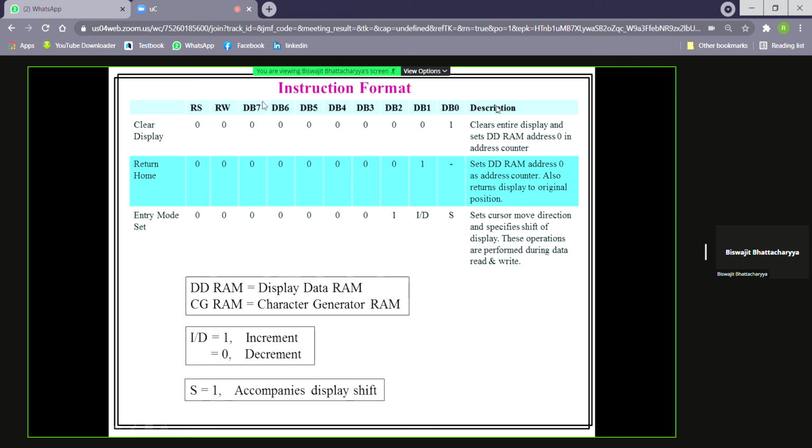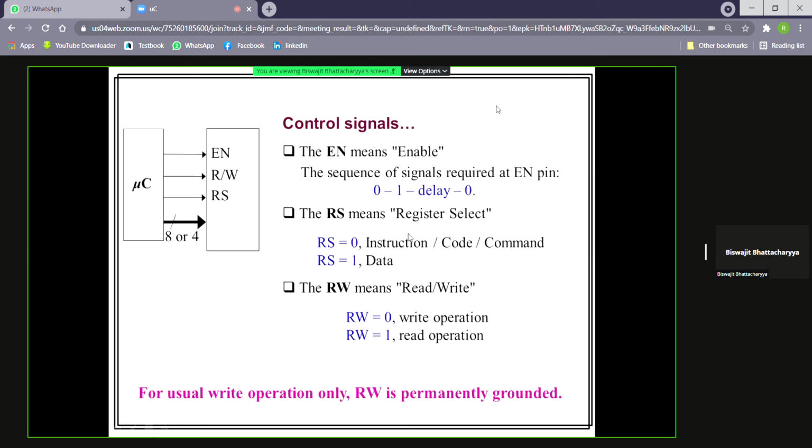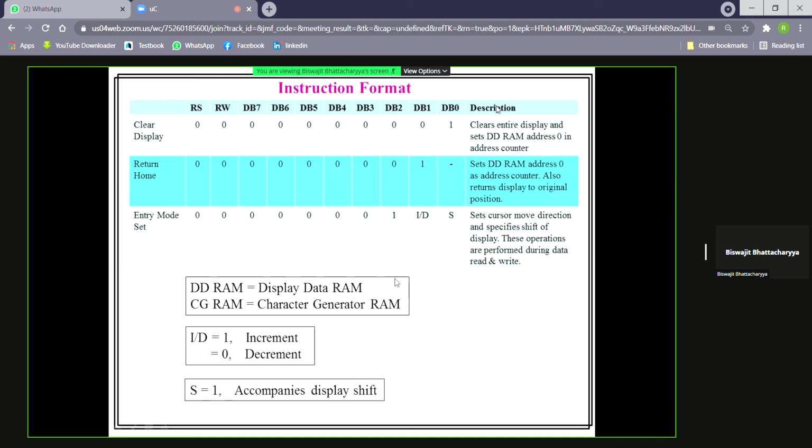So there is an 8-bit bus, plus RS and RW. RW is always 0. And RS equal to 0 means register select 0, that is, instruction. Since we want to write some instruction now in the very beginning, RS will be 0. If we want to write data, then RS will be 1.